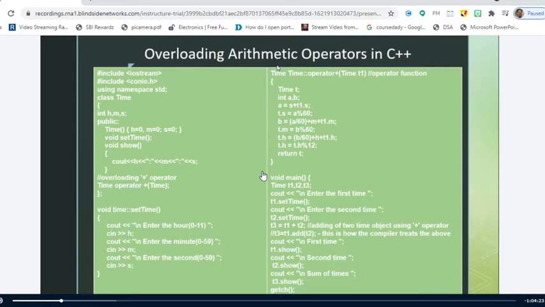Precedence or associativity, sir? No. Precedence and associativity are different. Precedence means the priority of the operator. Associativity means whether they have to be evaluated from left to right or right to left. That is associativity. Those are different. But in the second point, I have defined that the arity of operators will not change. It tells the unary or binary operators.